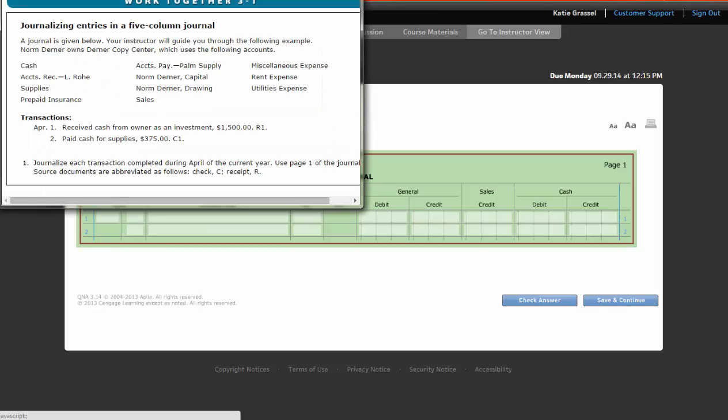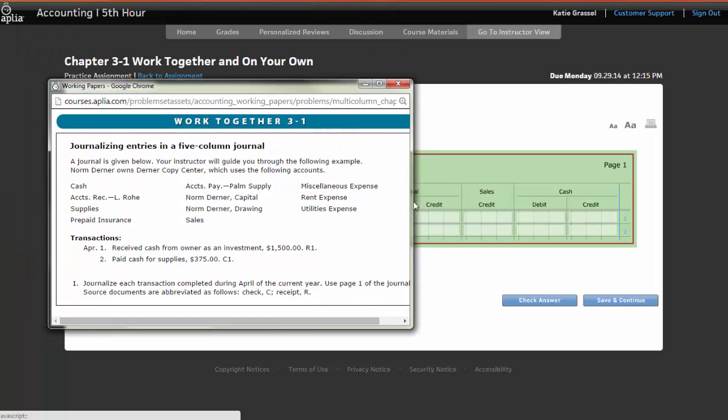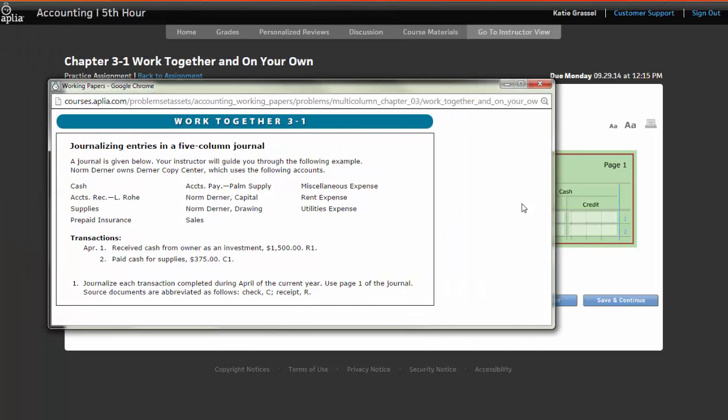So when I take a look at my directions for Work Together 3-1, what I need you to realize first, before you start filling in things and click on Show Answer, please look up here because I want to point out, anytime